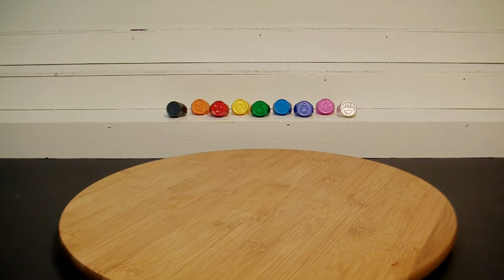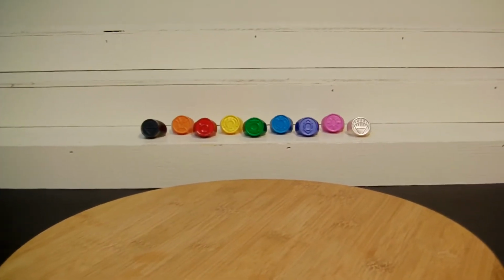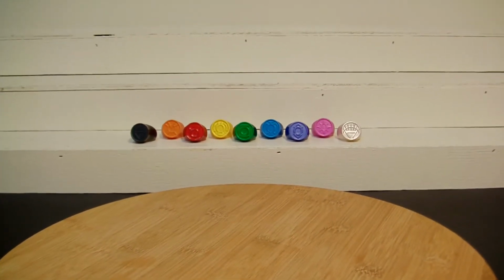So anyway, back to this week's haul. Let me move this a little bit forward, because I don't need to be that far. Now, as you can see here,